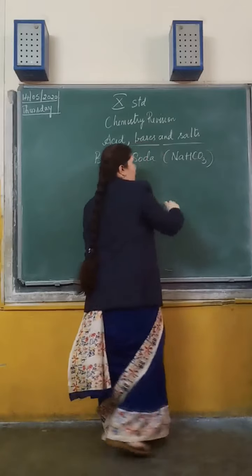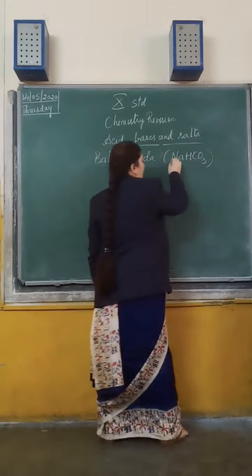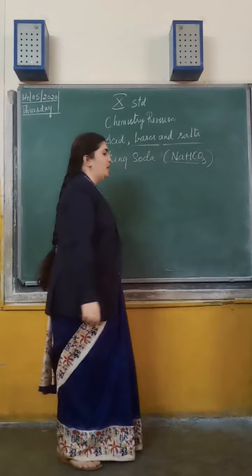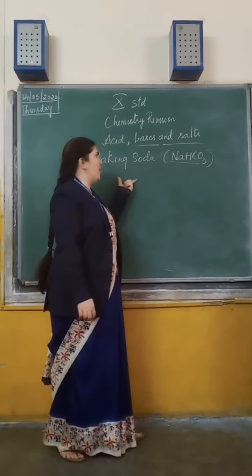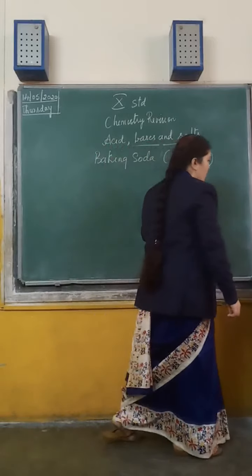Sodium hydrogen carbonate. It is alkaline in nature. It is a base. It can even be used to neutralize acid also. Baking soda, and how is it obtained? By using